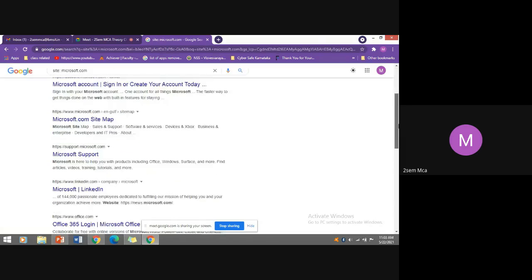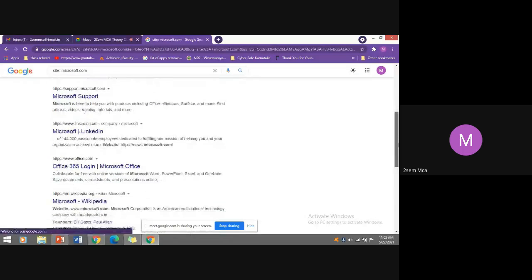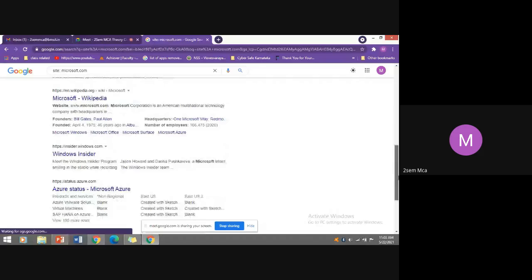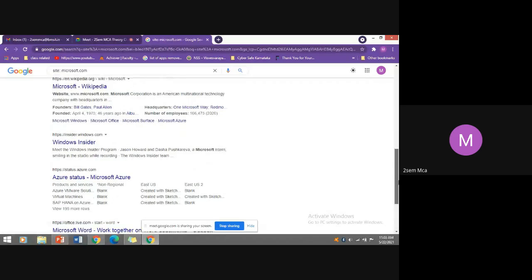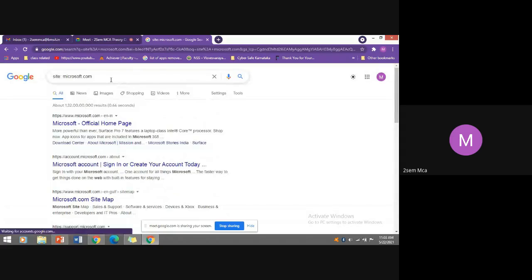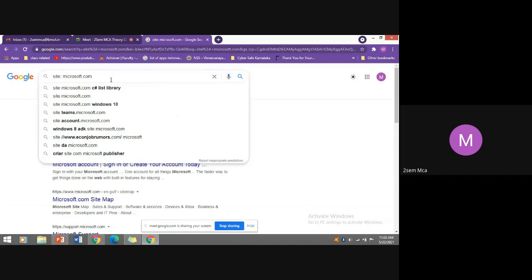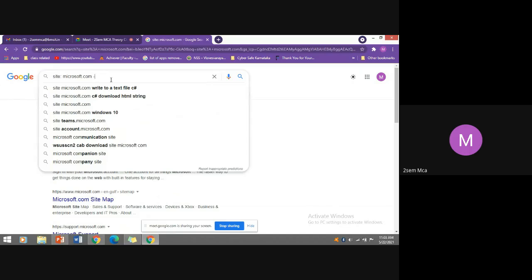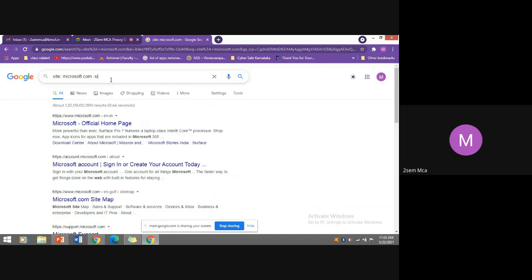Previously some Wikipedia site was there. Now it is totally all the sites which are relevant to Microsoft. You can refine this query here, site Microsoft.com. Suppose you want to exclude some of the sites, like www.microsoft.com.